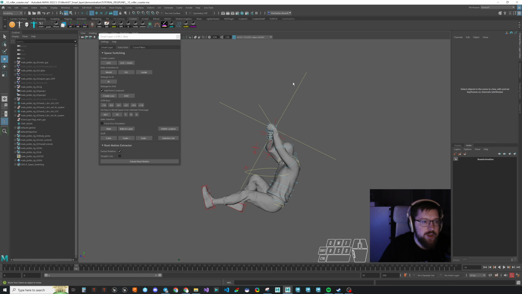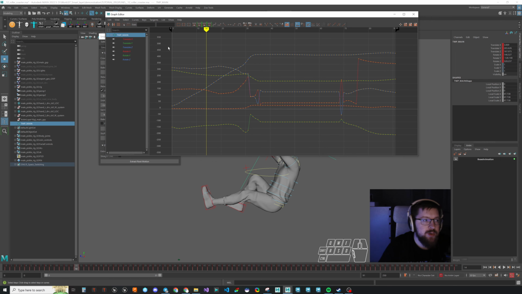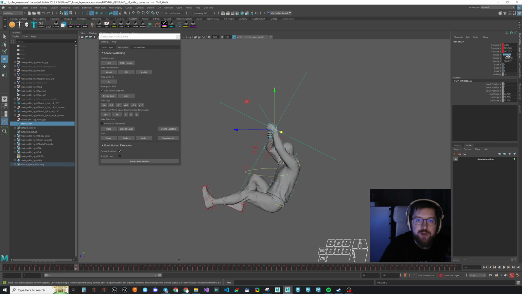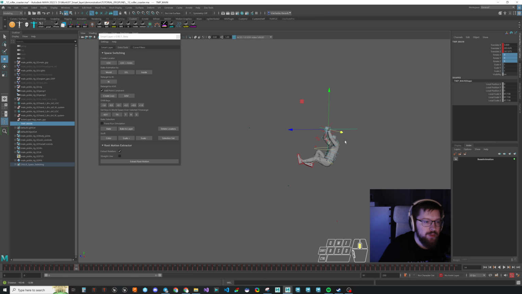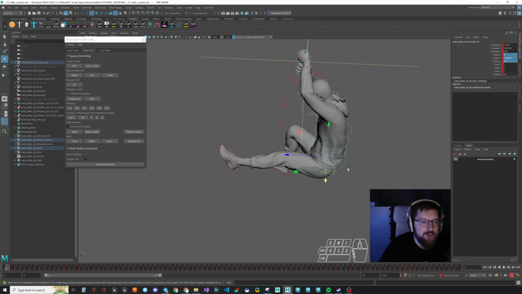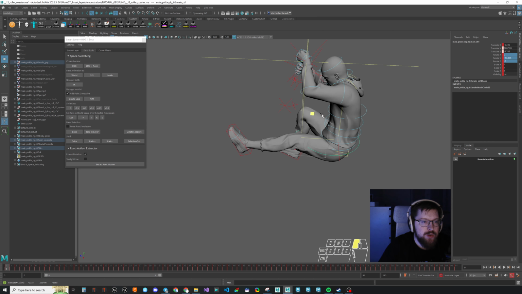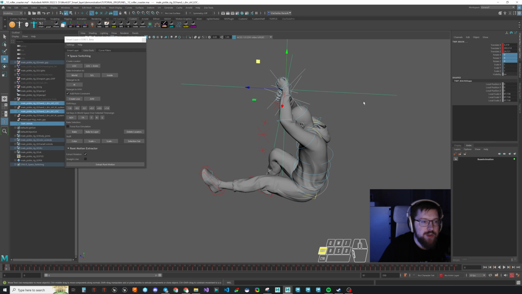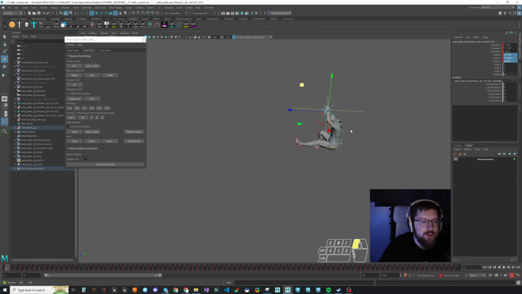I think I don't need a rotation on this locator, so I will go to the graph editor and delete all rotation keys and just set rotation as 0. So right now we have a locator repeating the hand movement by position, and all we have to do is to switch space. We have to select the main control, which controls the body, and also the IK controls, then this our temporary main, and simply bake it inside. So animation is not changed